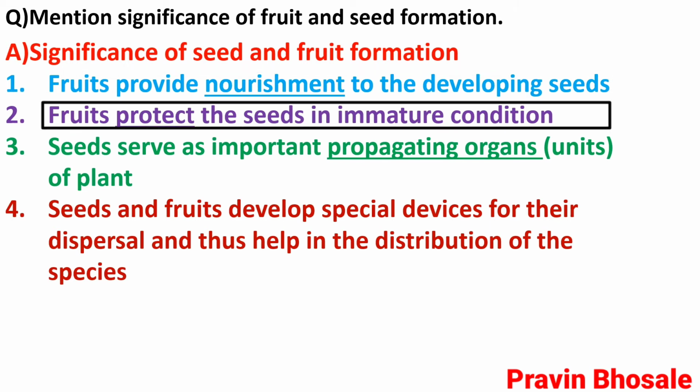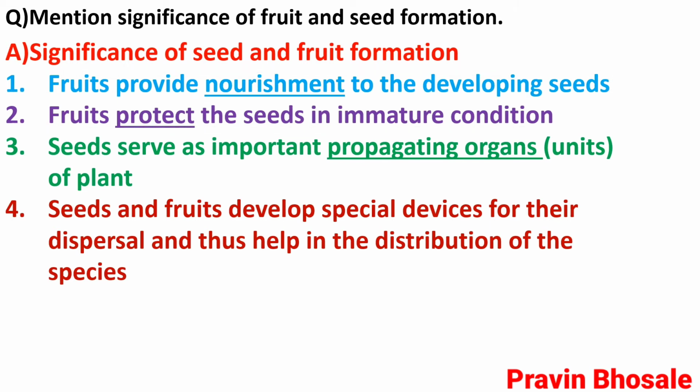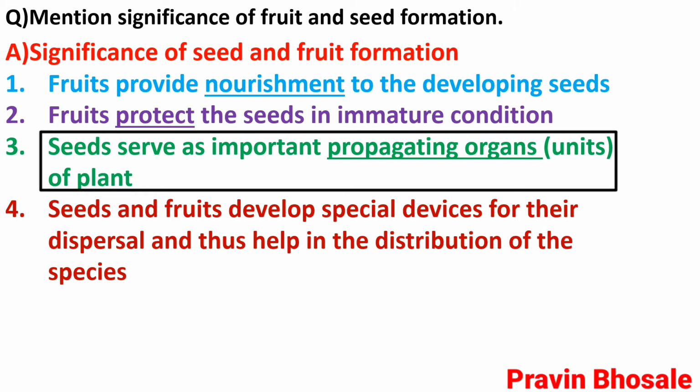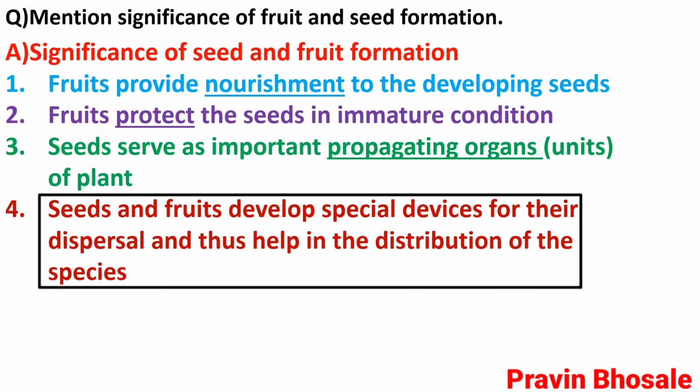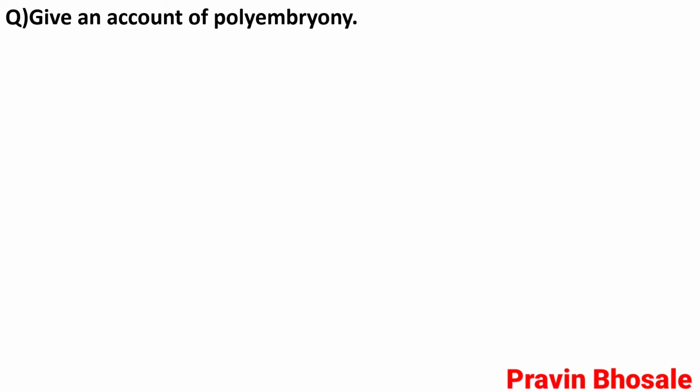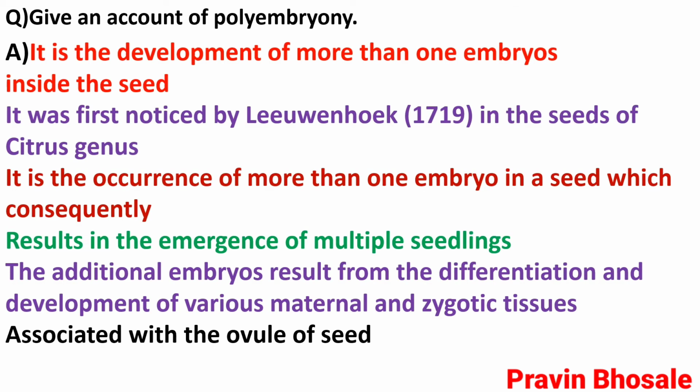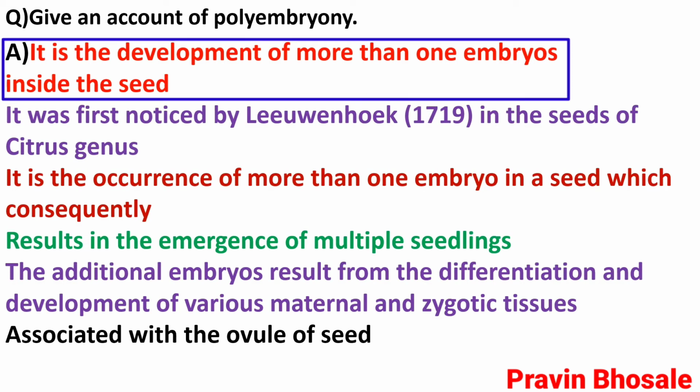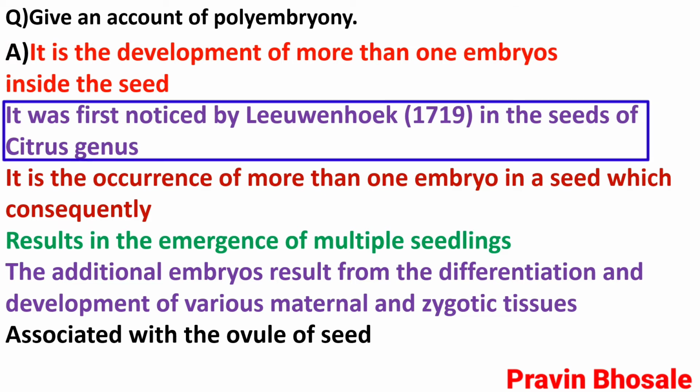Fruits protect the seed in immature condition. Seeds serve as important propagating organs, units of plant. Seeds and fruit develop special devices for their dispersal and thus help in the distribution of the species. Give an account of polyembryony. It is the development of more than one embryos inside the seed, first noticed by Leeuwenhoek in the seeds of